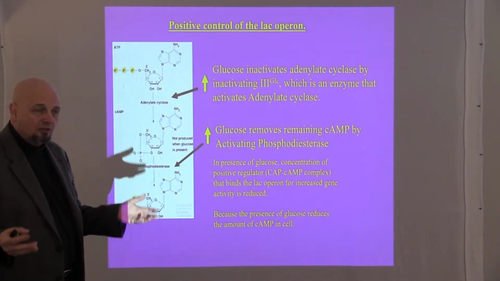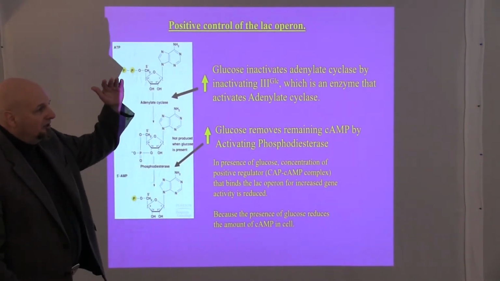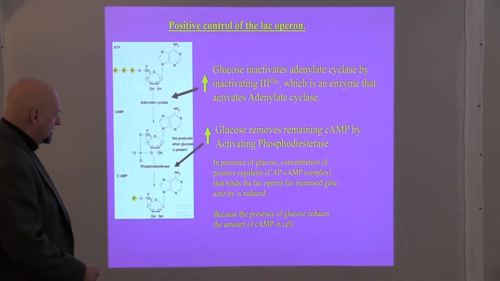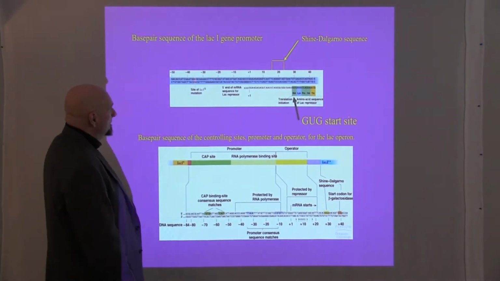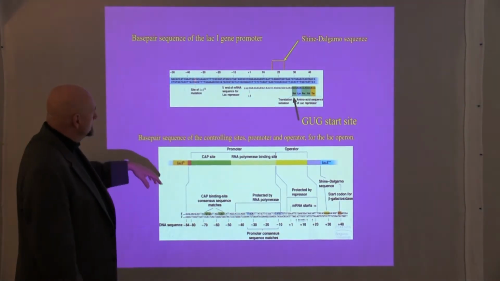Lactose is no longer present, so you can't generate any more allolactose. The repressor starts to bind, and then you basically turn off the system. Because of the presence of that, it reduces the amount of that. We have it set up. So if we look at this in more detail at the genes themselves, you can just see how this